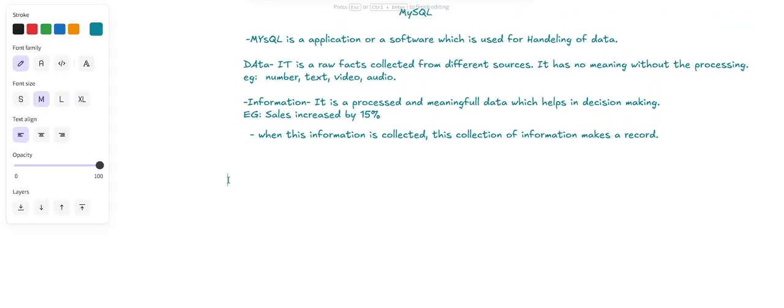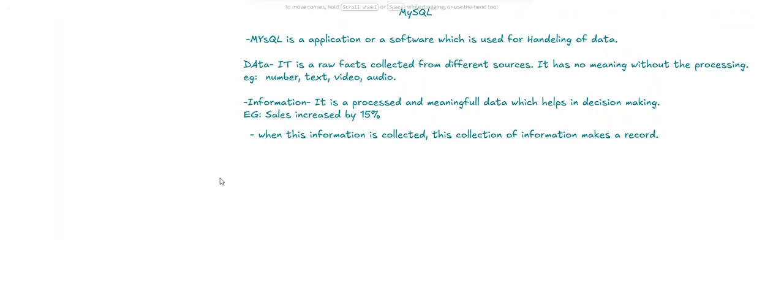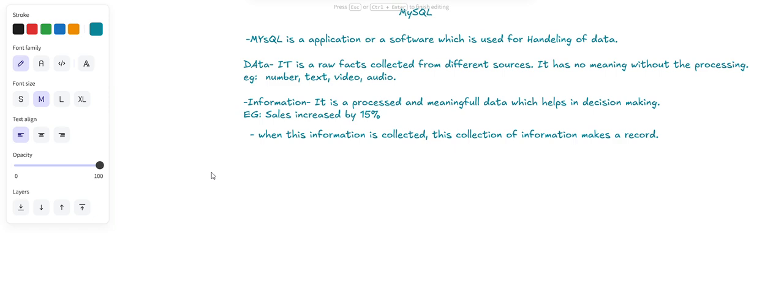Also, there are different kinds of data which we are having.